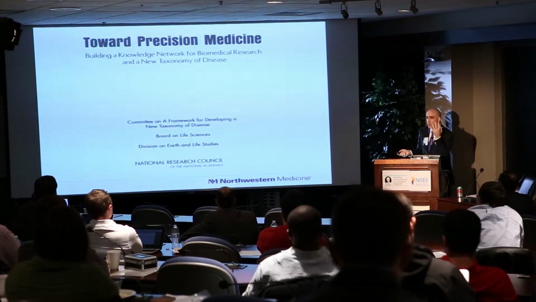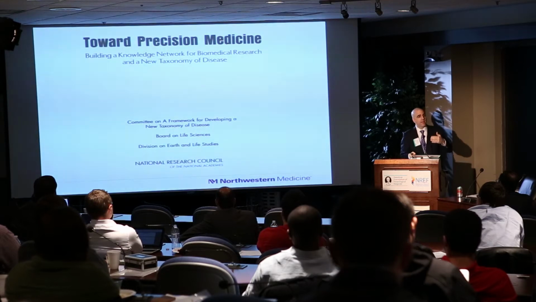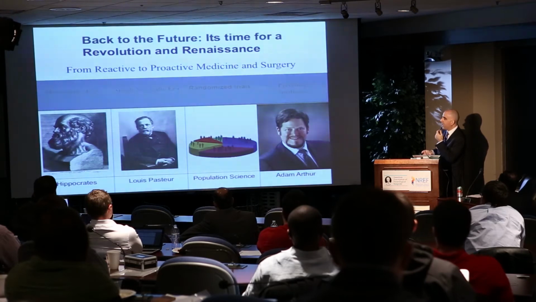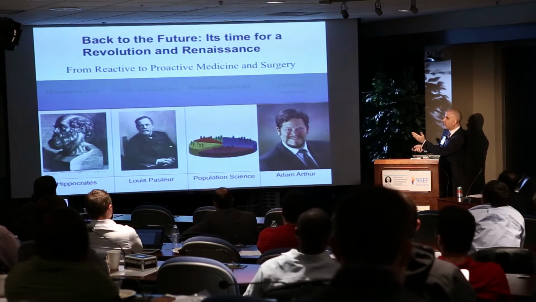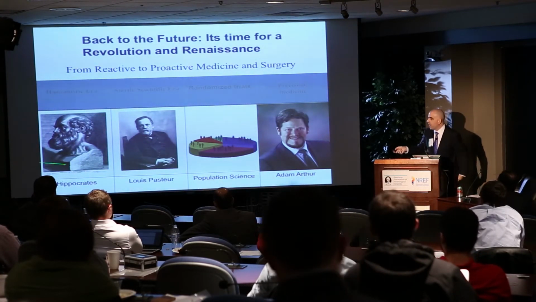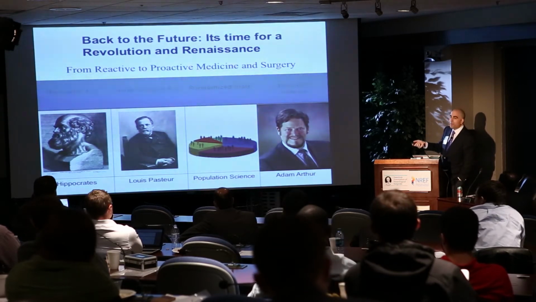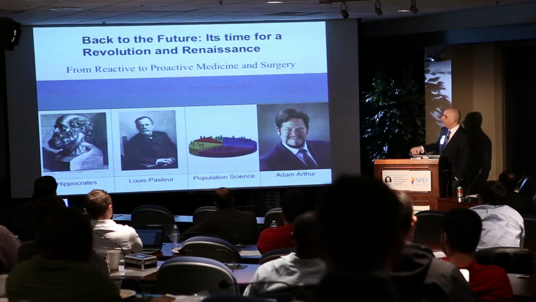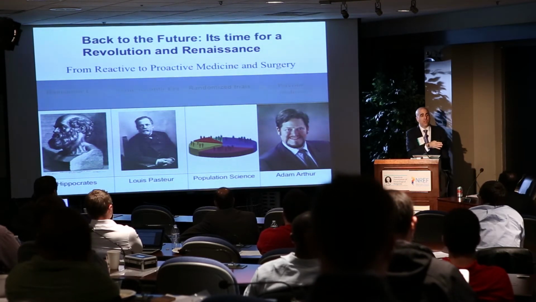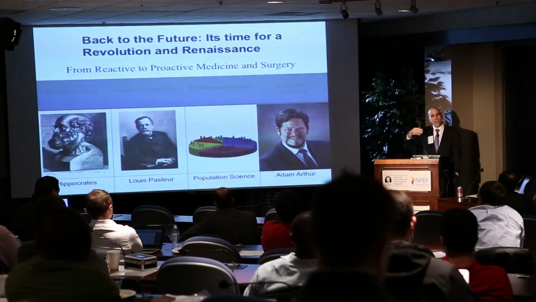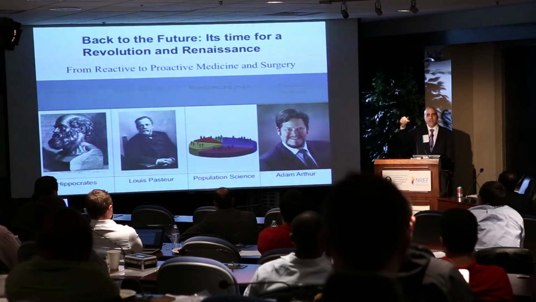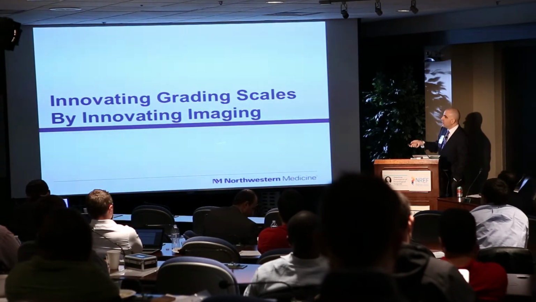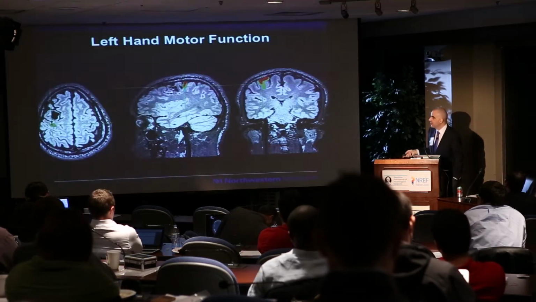So towards precision medicine, there's a call now for precision medicine. It's not a new concept, it's become a sexy term. It's not completely new. If you look at the progression of healthcare from Hippocrates to the sterile era, population science, where we look at averages. But in the clinic, we have patients. What we really need to move towards, and what you're seeing today if you listen to Lewis's talk carefully, is precision medicine: which treatment is going to fit with which patient to give the best outcome. And so we need to innovate. We need to go beyond the grading scales, and I'll talk a little bit about that.